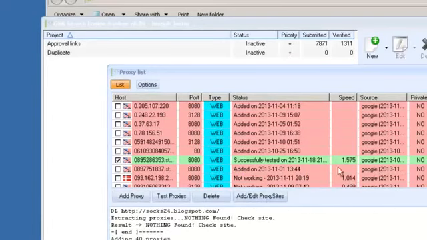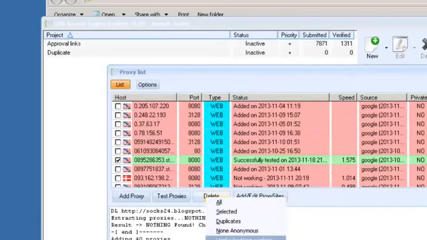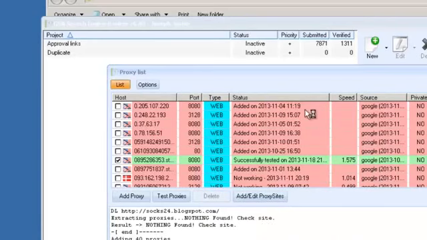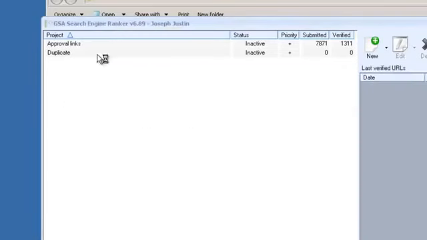Now, once we start running projects and stuff like that, we start seeing this pink down here, that certain IPs are blocked or have been banned. What you want to do is come into delete, and do delete unchecked and not working proxies. What that'll do is go out there and delete them all for you. GSA is pretty good about that. This could take a couple seconds. We'll probably have a boatload in it that isn't working. We'll come back here,